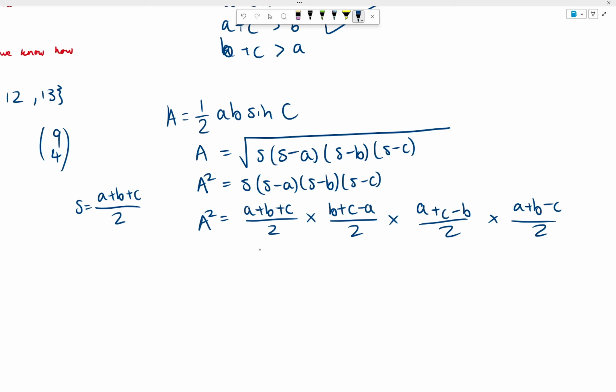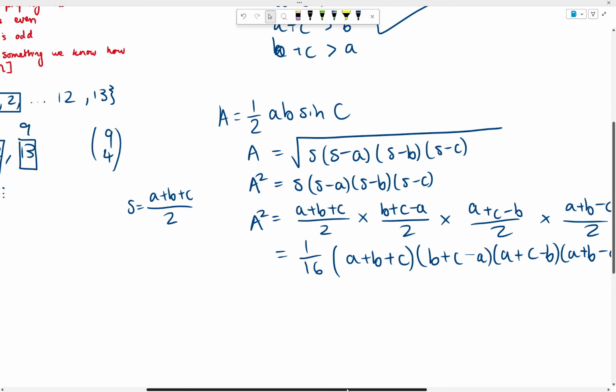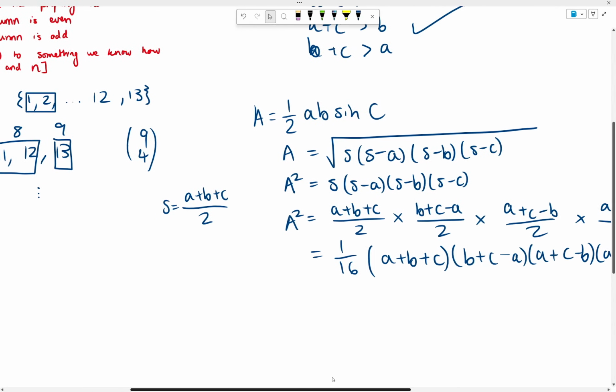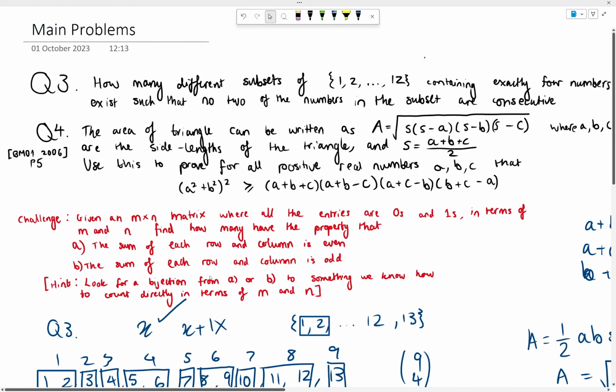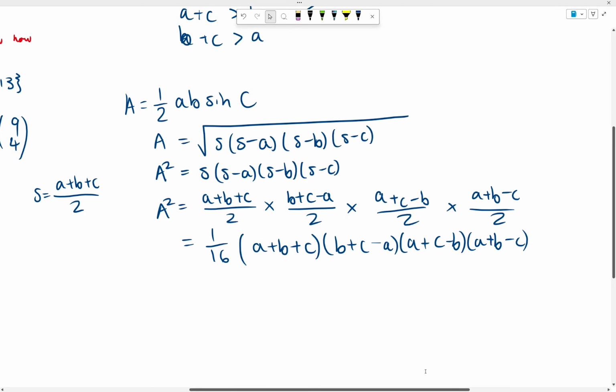And then this is all equal to 1 over 16 lots of (a plus b plus c) times (b plus c minus a) times (a plus c minus b) times (a plus b minus c). Okay, so all of these steps might seem a bit arbitrary, but if we relook at the question, this bit here looks a lot like the equation that I've got here,